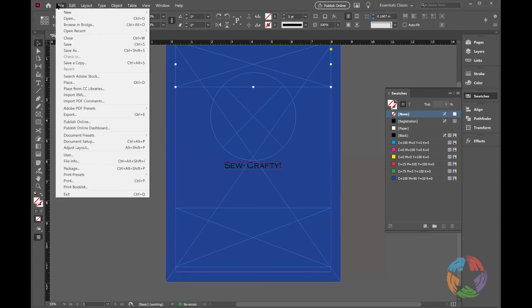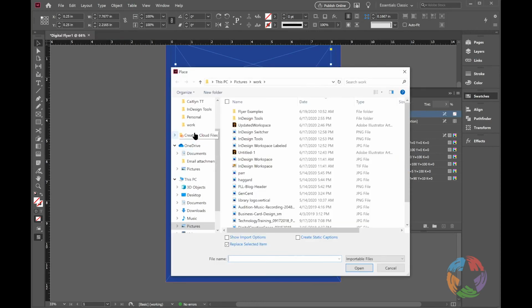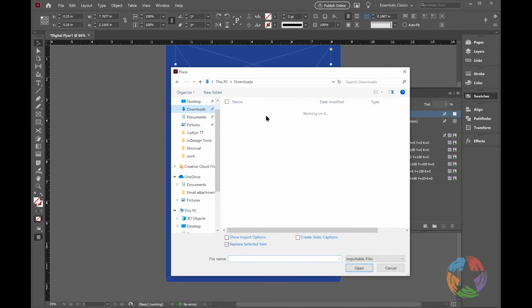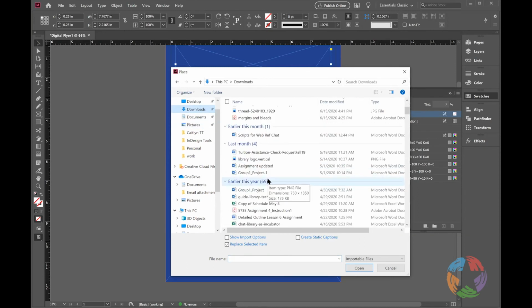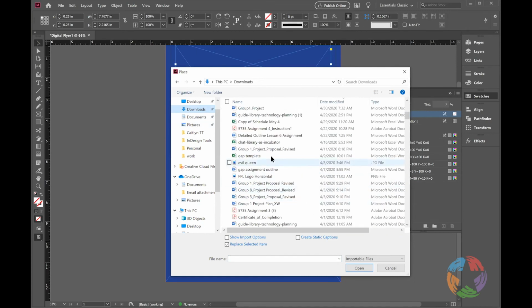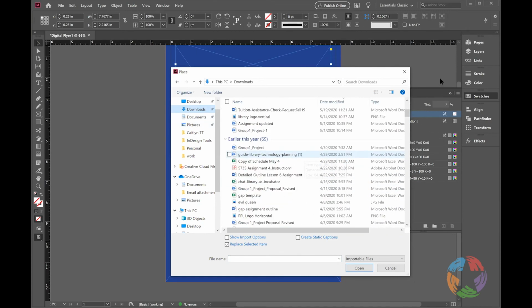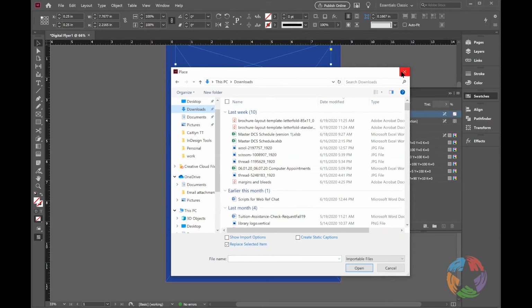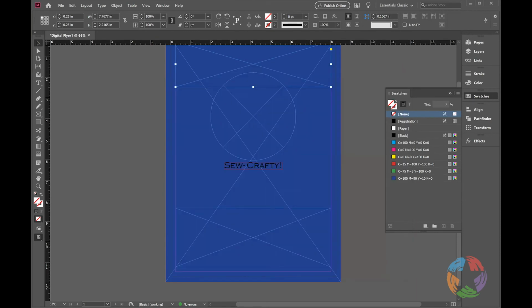Actually, I do. It's just not saved where I thought it was. So we are going to File, Place again, except we are going to go to my downloads. I have forgotten where I put all of my images. I am sorry, guys. Well, a fun way to fix that is actually by going online, and you can find